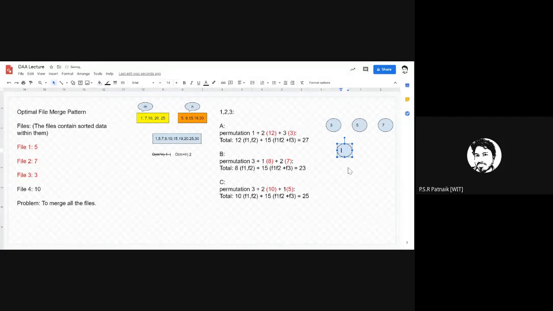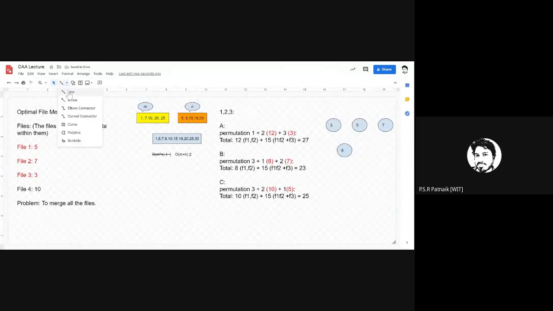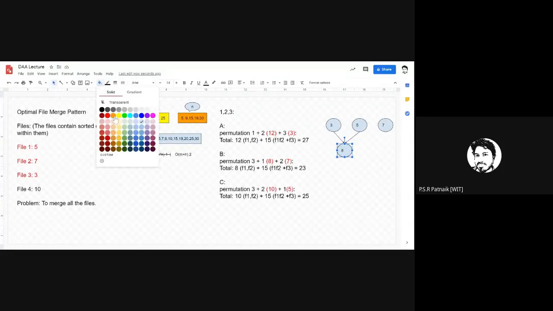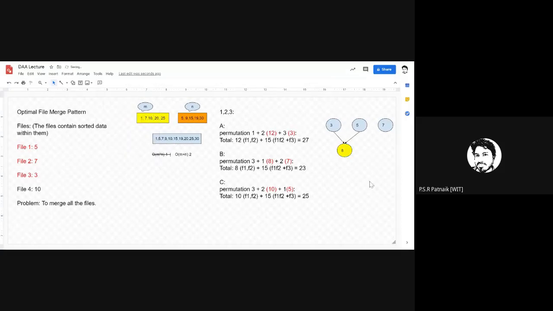So 3 plus 5 is 8. So I've already merged this file. Once I merge these, remember, after merging these two files, I get this. And the content of this merged file, now these two will be merged, right? This 8 plus 7 will be merged. If I merge these two,